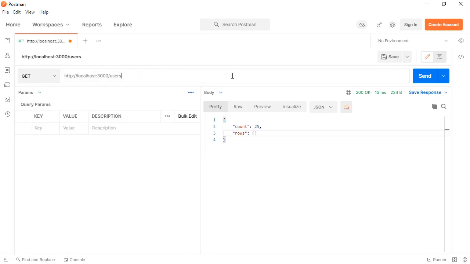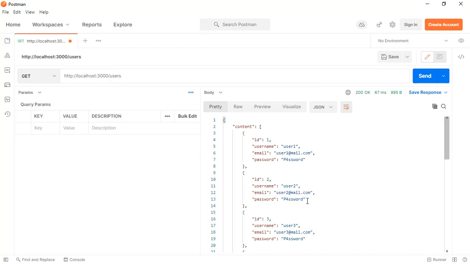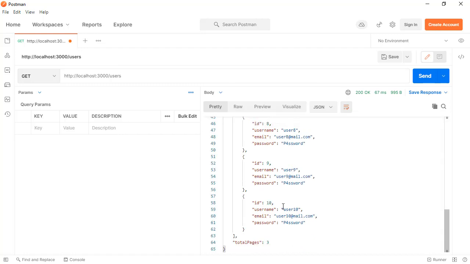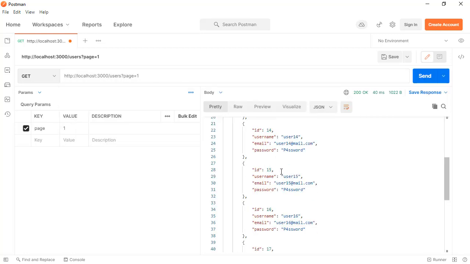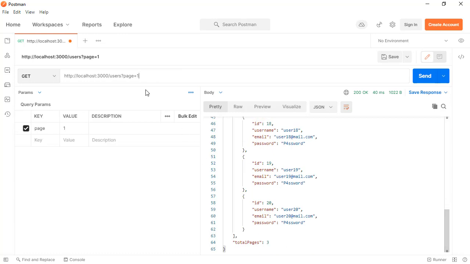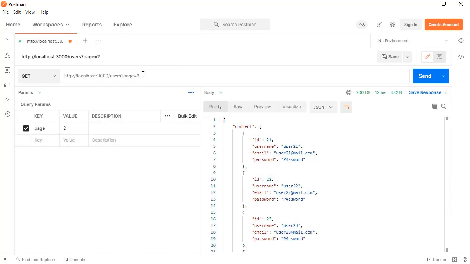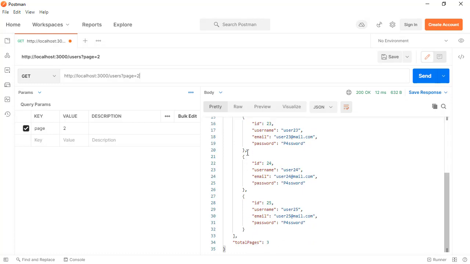Just removing the parameters, sending the request. We have the content array, and it is saying there are 3 pages. Let's go to the next page. So we have the users from 11 to 20, and let's go to the next page. This is the 3rd page, and here we are seeing the remaining users, and from the client side we can compare